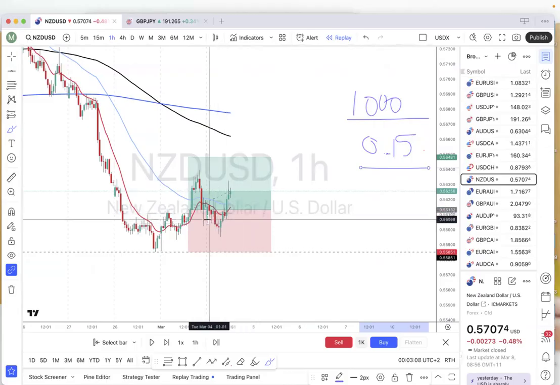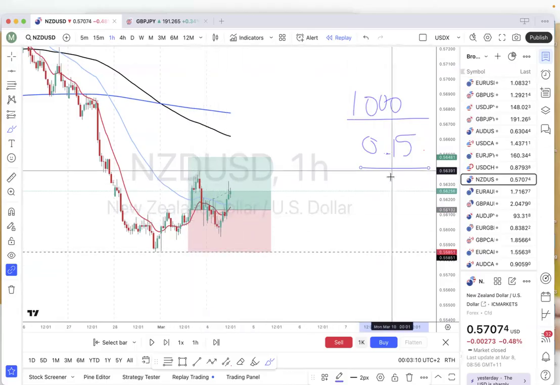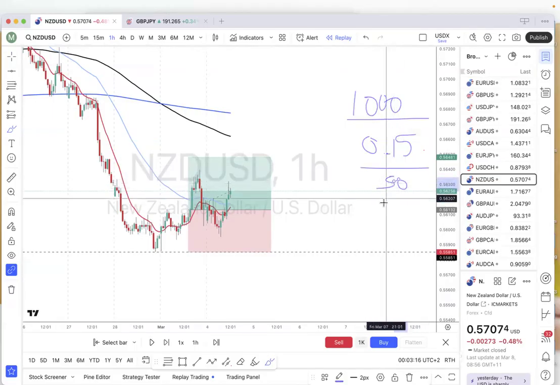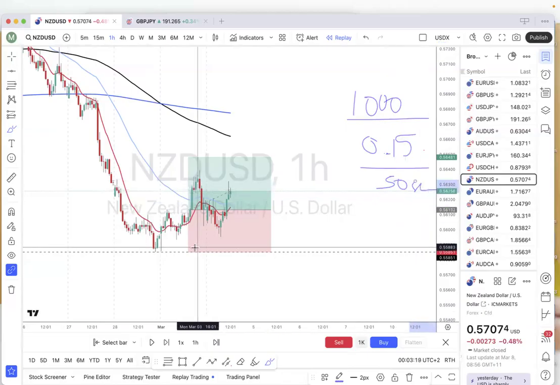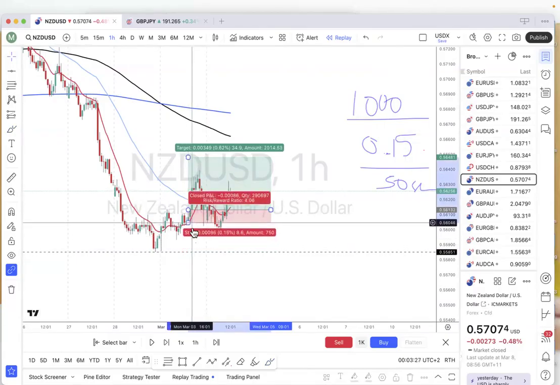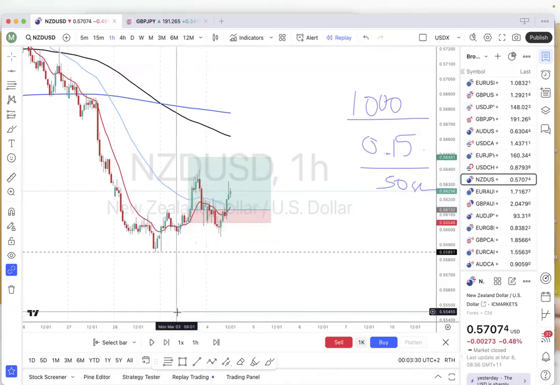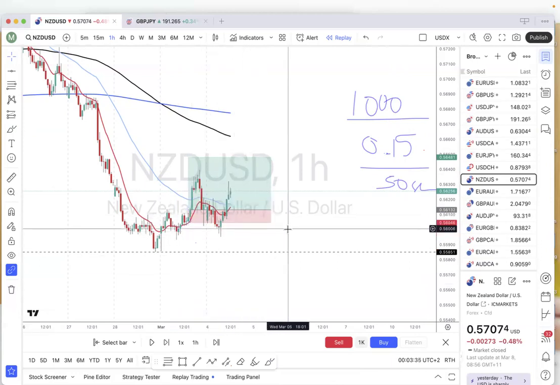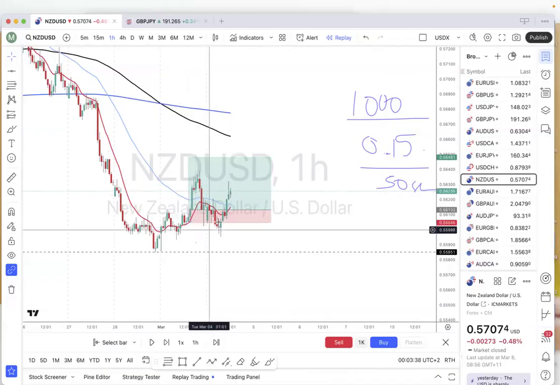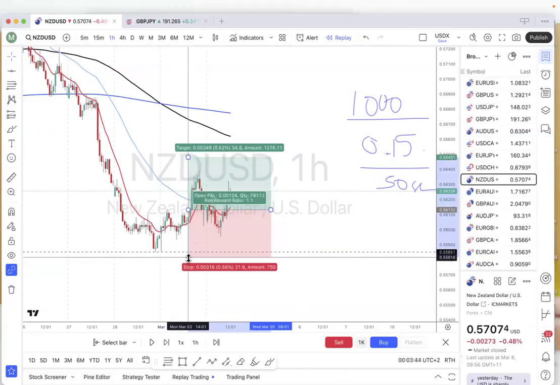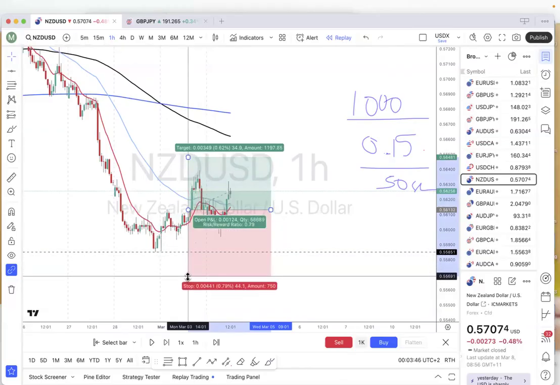So I'm in the trade with 0.15. If I say I'm happy to lose $50 as my stop loss, you'll find that if you come here and push it to $50, maybe your $50 will be somewhere there, right? Which yes, it doesn't make sense, because it means the stop loss would have been taken out. So when I open the trade, I put my stop loss at probably say minus $150